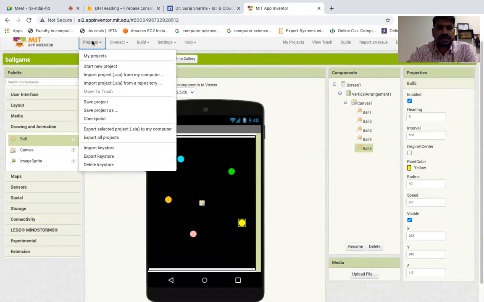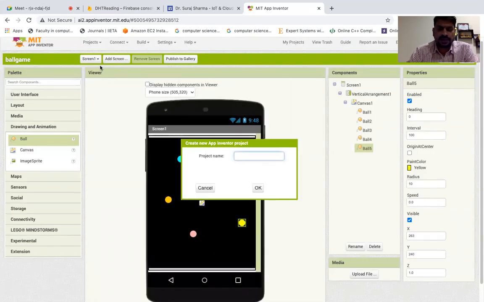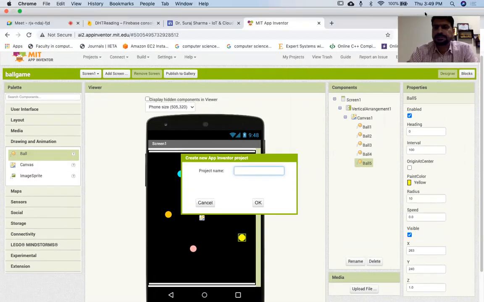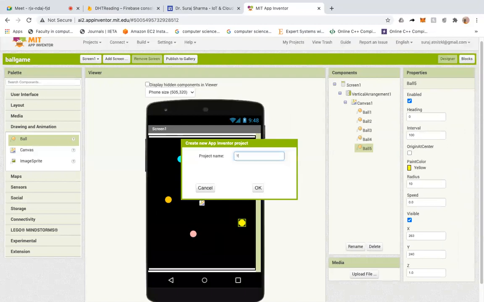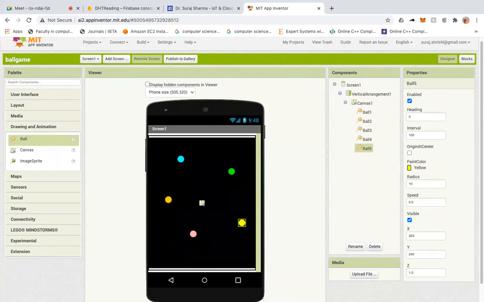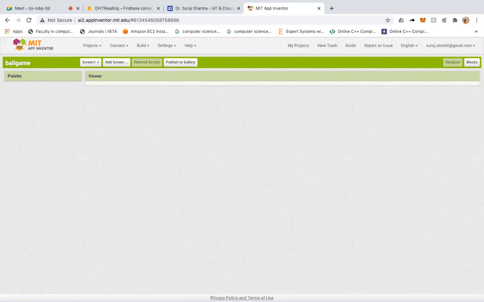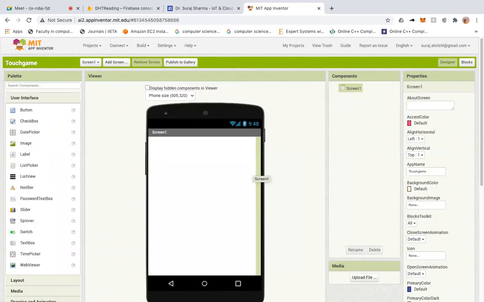So let's start another game quickly. So this will be your touch game. I'm writing it touch game. So this particular game is actually very easy.